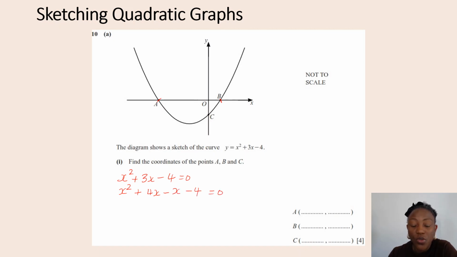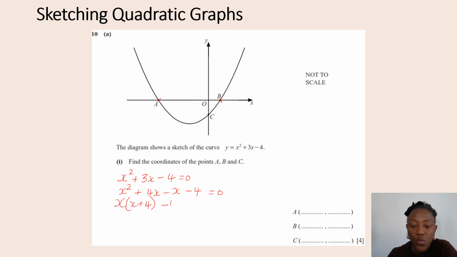Equal to 0. To factorize, remember you're going to break down the middle term into two numbers that, when you add them up, give you the middle term, and when you multiply them, give you the product of the coefficient of x squared and the constant term, which is what I've done here. So pairing them up in twos, I'm going to have x into bracket x plus 4